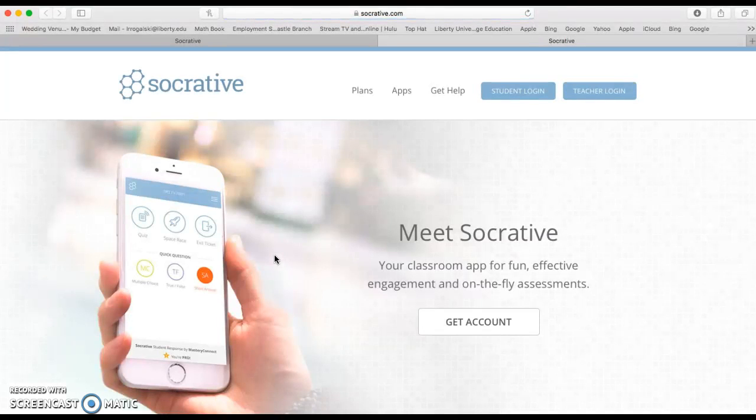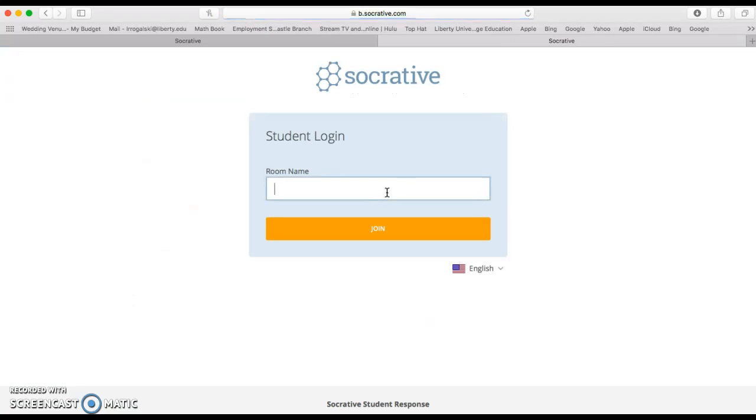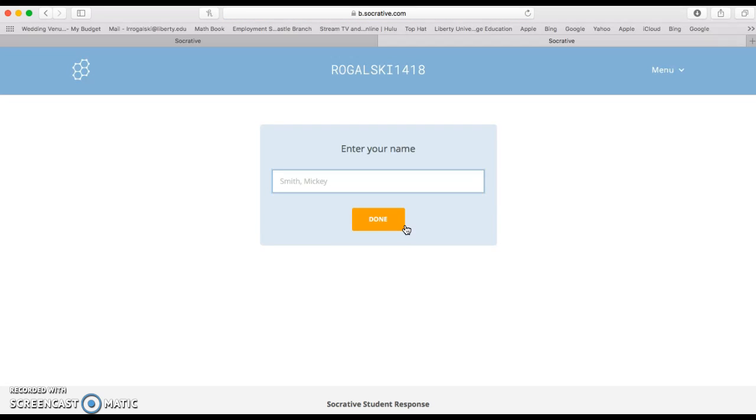However, they will select Student Login. It will instruct them to type in a room name. This will be Rogowski, my last name, and 1418, and then join. Then they must enter their name. So I would type in Rogowski, Lauren,